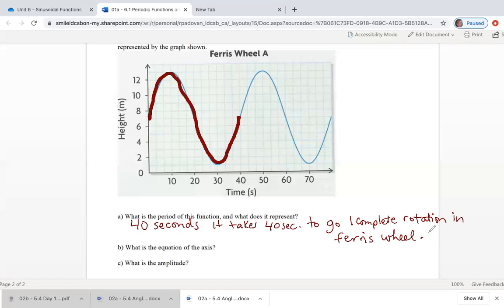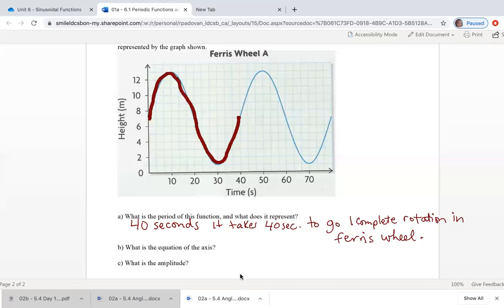Okay. What is the equation of the axis? The equation of the axis is, again, maximum plus minimum divided by 2, and it's a horizontal line. So basically, where is the exact middle value? You could probably see that already since we started at 7 and the period starts and ends at 7, that would be the middle of this graph. But as an equation, I would have to write out y equals,